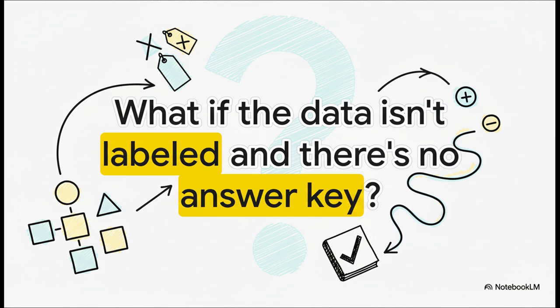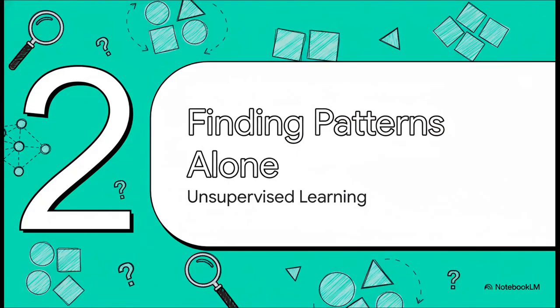What if there's no answer key? Labeling millions of photos takes a ton of time and money. So what do you do then? Well, that brings us to our second stop, finding patterns alone. This is unsupervised learning. Now, imagine the machine is more like a detective thrown into a room full of evidence,